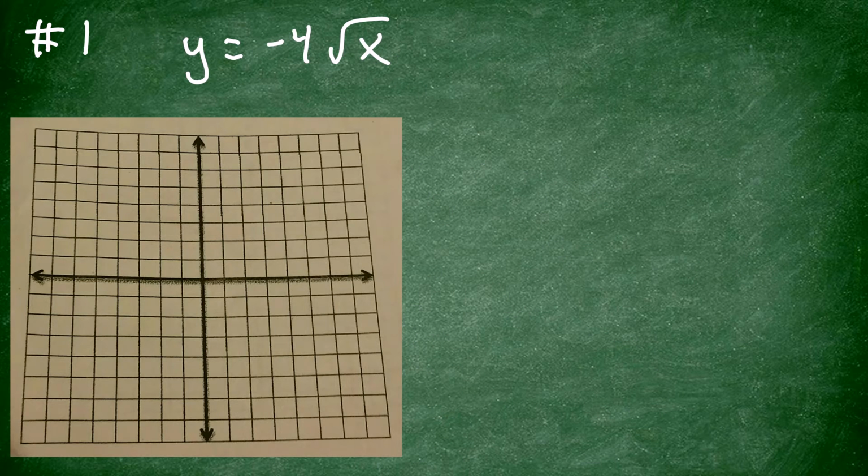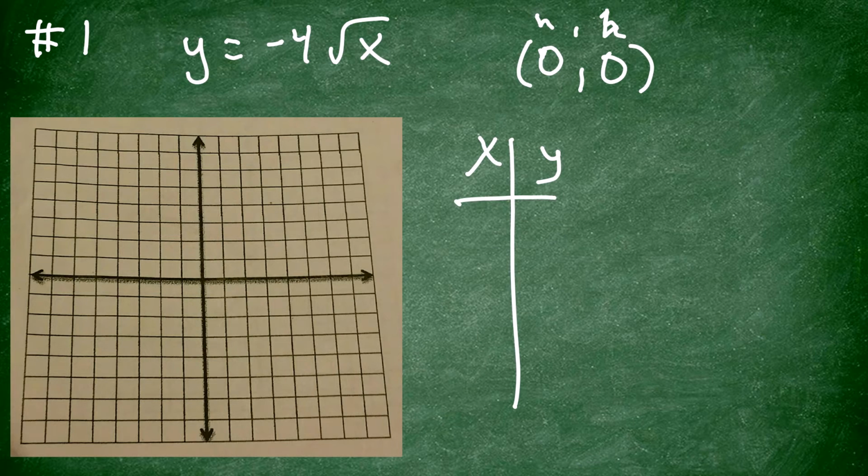Alright, step 1 for number 1 is find h and k. So h is 0 because there's nothing inside the radical. And k is 0 because there's nothing after the radical. So that's my h, that's my k. It's a starting point because it's a square root. So I put